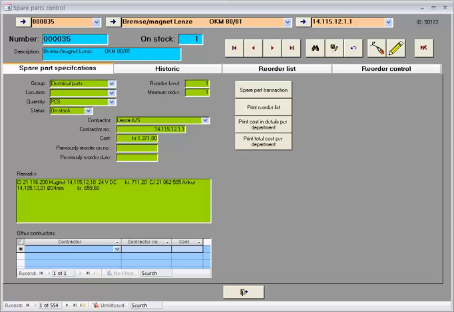Spare parts and warehouse management. What we see here on the screen is the spare part control